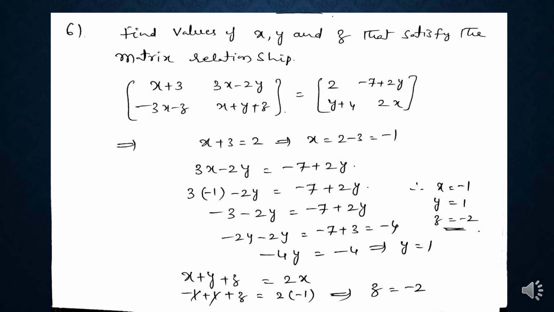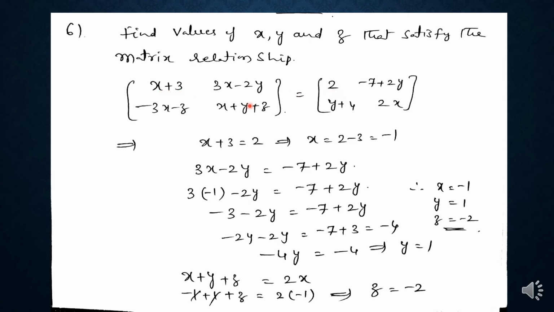So we have given 2 by 2 equal matrices. The left hand matrix is x plus 3, 3x minus 2y, minus 3x minus z, x plus y plus z, and the right hand matrix is 2, minus 7 plus 2y, y plus 4, 2x. Given that these two are equal, now by equating the corresponding elements, here x plus 3 is equal to